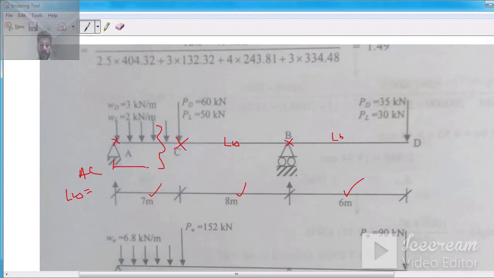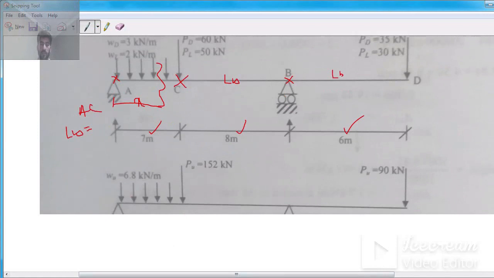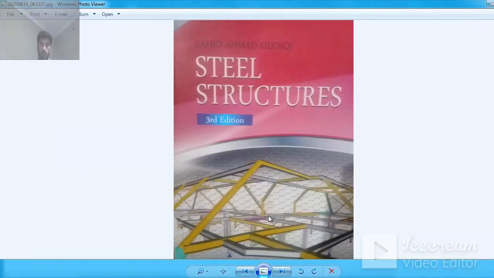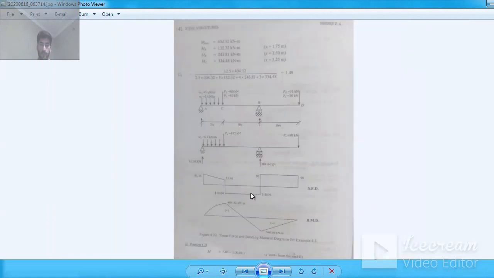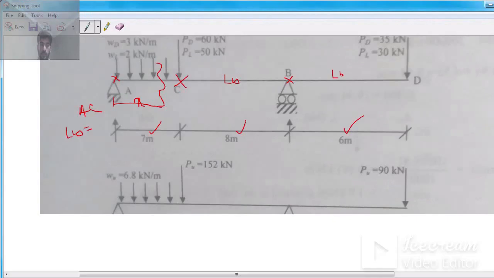As you know, we calculated the reactions as well. You see here the reaction is this one, 81 point something. If I write the moment equation at a distance x,